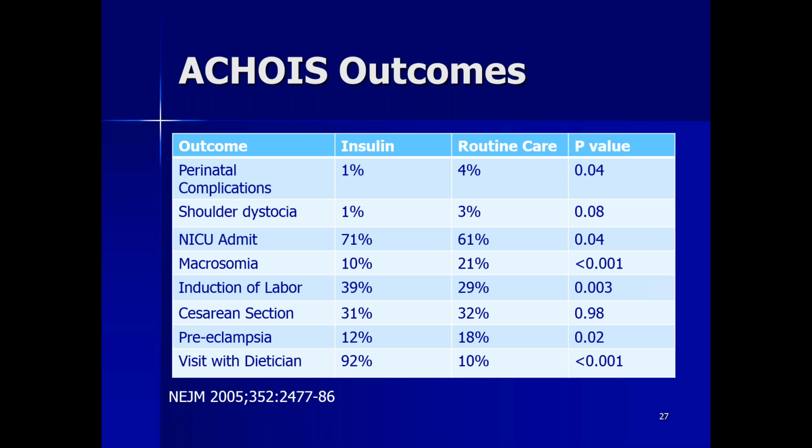The shoulder dystocia rates were higher. Now look at the NICU admit rates, 71 and 61%. When you look at some of the other landmark studies, you will see NICU admit rates of 20%, 17%. And so NICU admit in some areas is programmatic, meaning if a patient has a diagnosis of gestational diabetes, her baby will be admitted to the NICU for at least a 24-hour period of observation. So simple NICU admit rates are not really good surrogates for neonatal complications because of these programmatic decisions that big